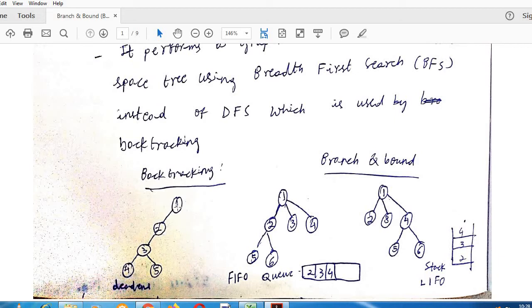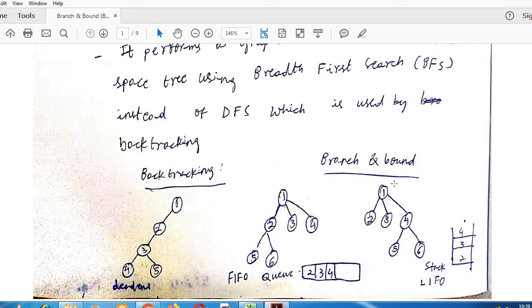Otherwise, we will backtrack to its previous level node. So this we keep on doing until we reach the root node. Once we reach the root node, we will again explore the option of traversing towards the further depth. If there is an option, we will traverse it. Otherwise, if there is no further option, then we will enter the source node. By that time, we will be arriving at the ultimate solution. So this part we used to do in backtracking using depth first search.